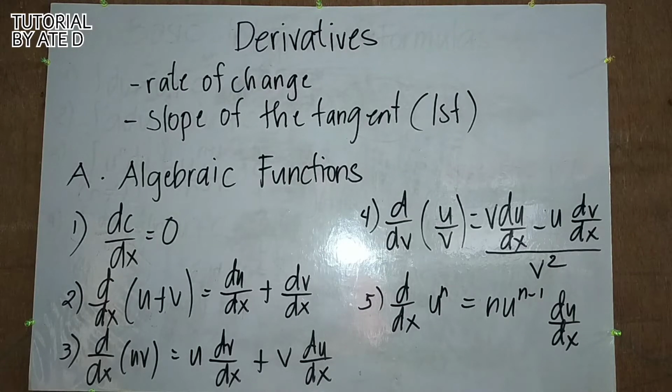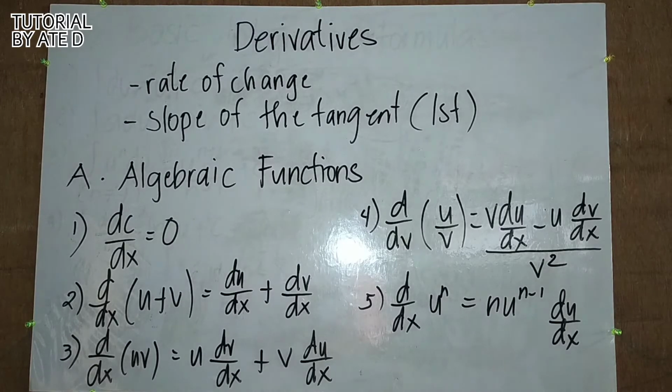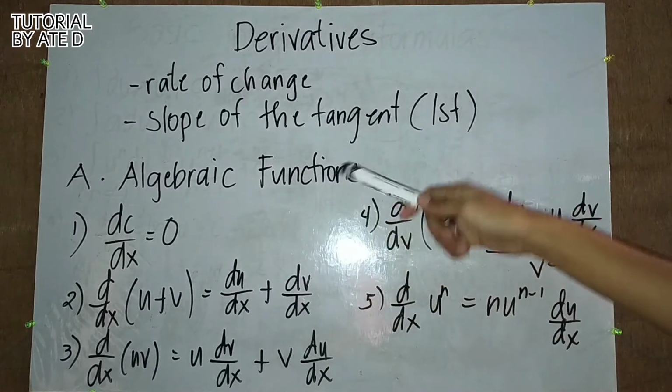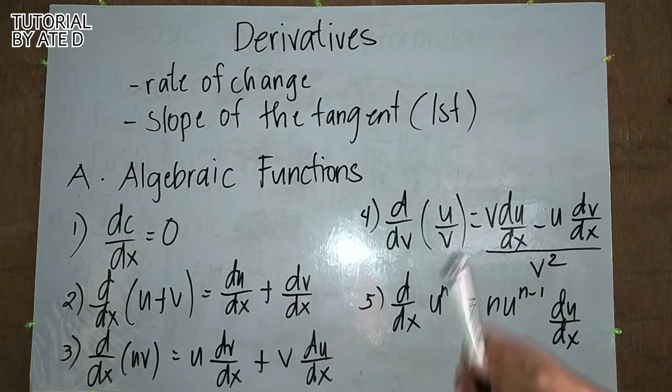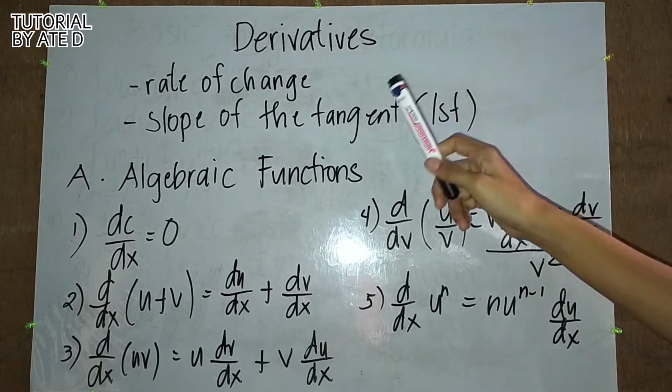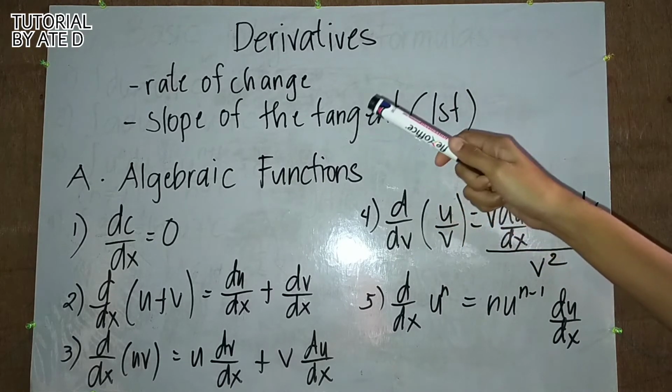The derivatives. The derivative of a function expresses its rate of change with respect to an independent variable. Meaning, kahit alin sa letters ng alphabet ay pwede mo gamitin bilang variable dito. So, the first derivative of a function determines the slope of the tangent line to that curve defined by the